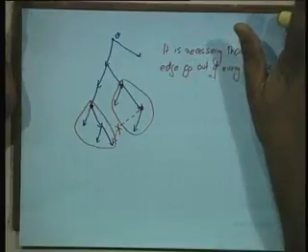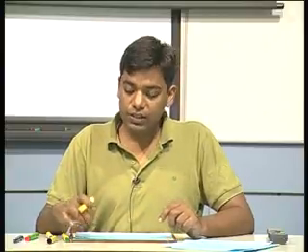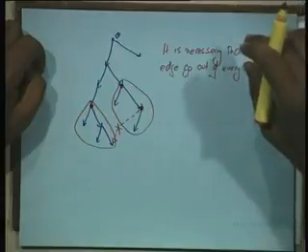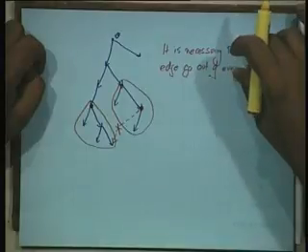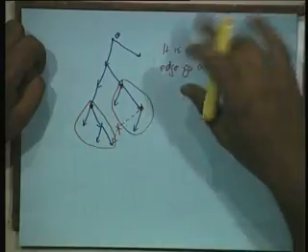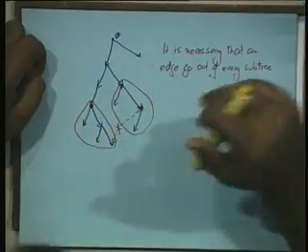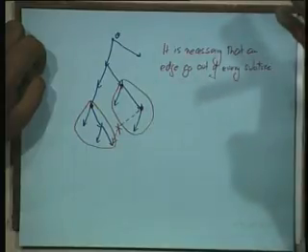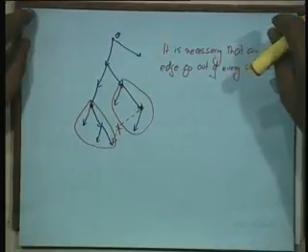Yes, everyone with me? Now we'll see how we can check this. We'll look at the procedure, at what modification to make to the DFS so that we can check that there is an edge going out of every subtree. The check would be very similar to what we did for 2-edge connectivity. But now let us see that this condition is also sufficient. If from every subtree there is an edge going out, then the graph is strongly connected.